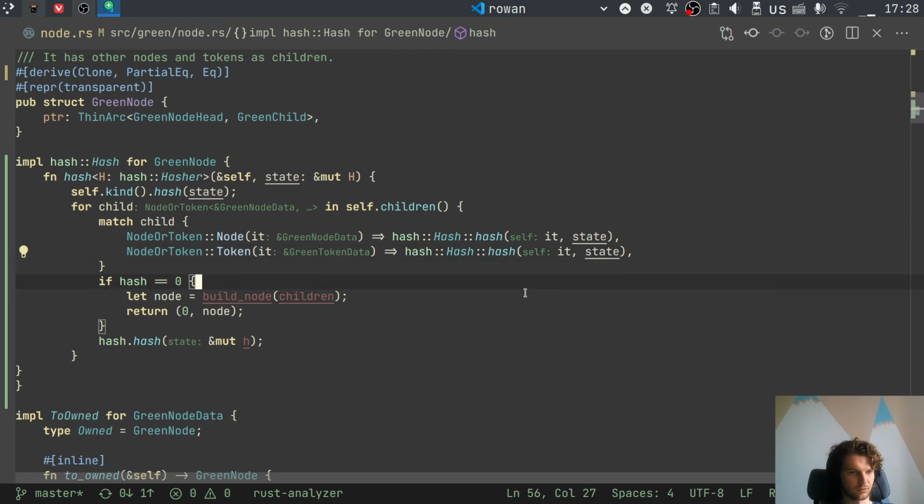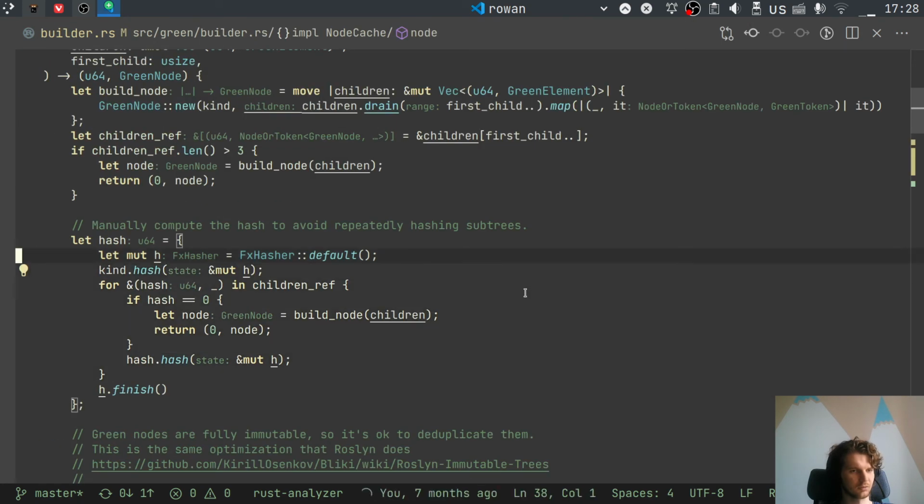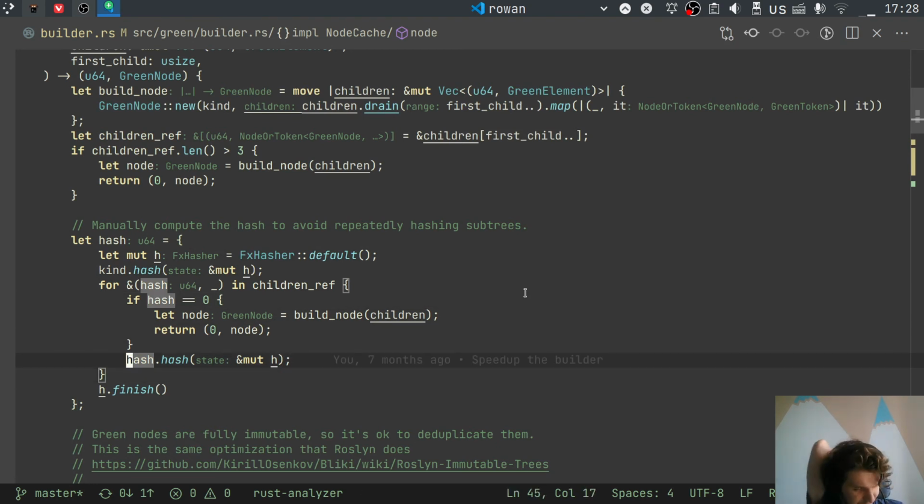And this one I also insisted on. Shit, that doesn't make sense. How do we compute this? The hash. Oh,